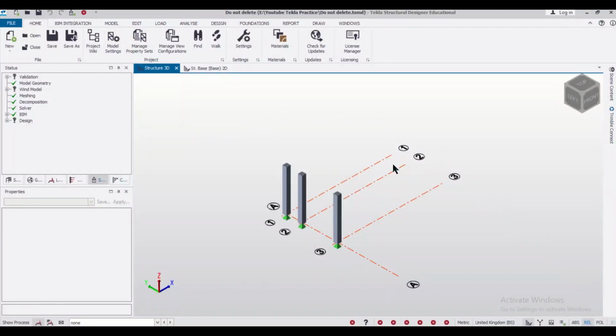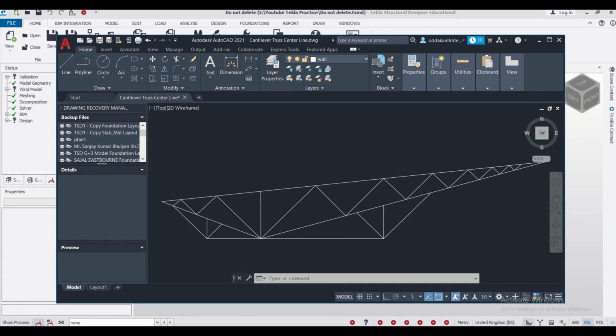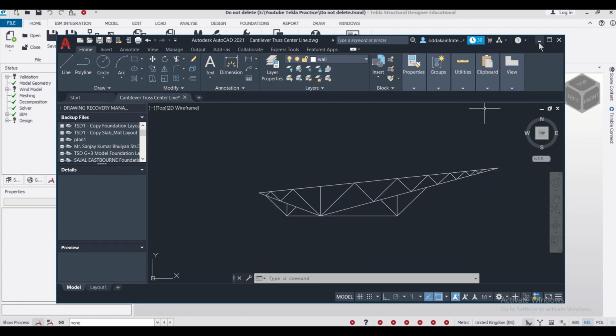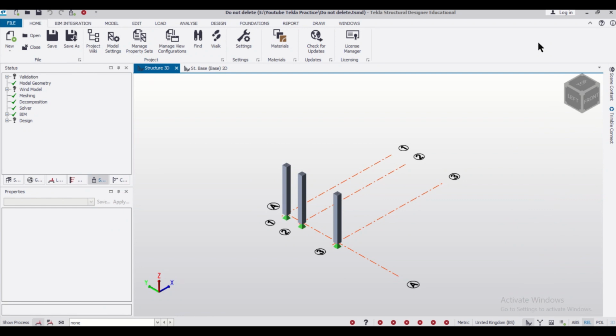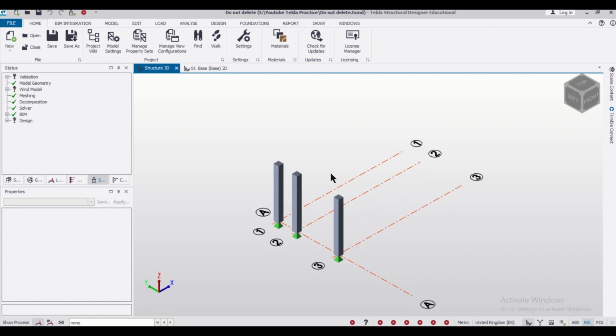So for creating a cantilever truss or any type of free-form truss, you need to have the centerline diagram in AutoCAD as I have here, as you can see here. So I will import it as a shadow in my front elevation or my frame view. So these columns are ready, which has been made as per the spacing in the particular cantilever truss.